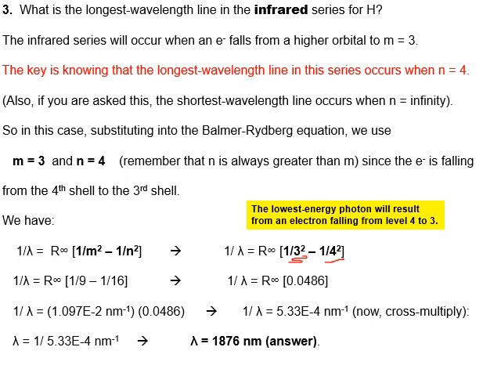Multiply it then by your R, which is your Rydberg constant, which will be given to you, and it's also on this slide right here: 1.1 times 10 to the minus 2 nanometers to the minus 1. Multiply that times whatever you get over here, which turns out to be 0.0486. So multiply this times this, and that's going to give you 1 over the wavelength. But you need the wavelength, so you have to take the reciprocal of whatever you got there to get the actual wavelength. And when you do that, you get